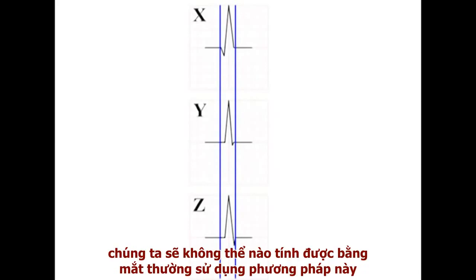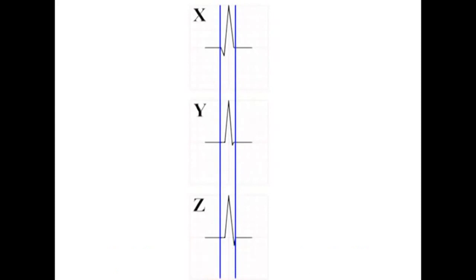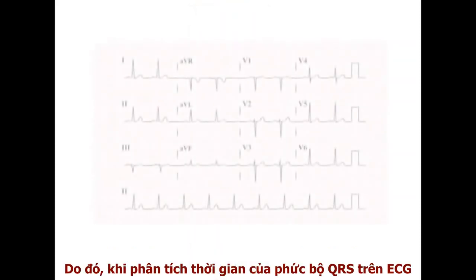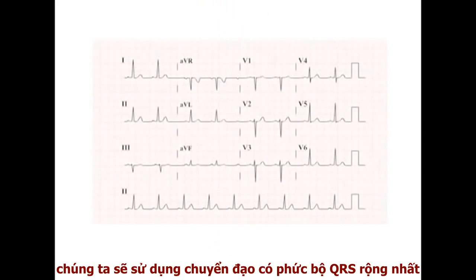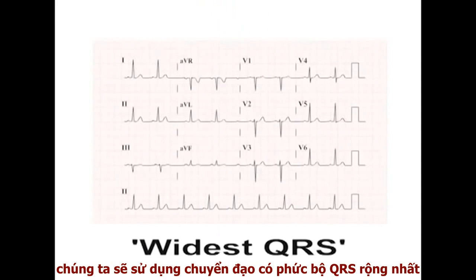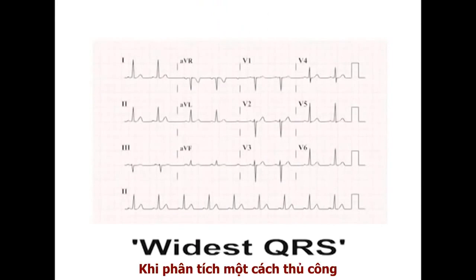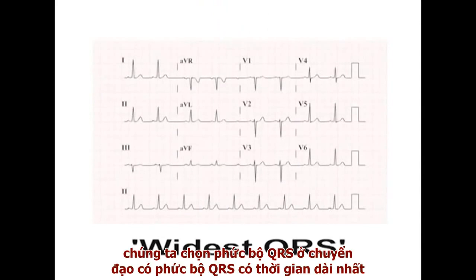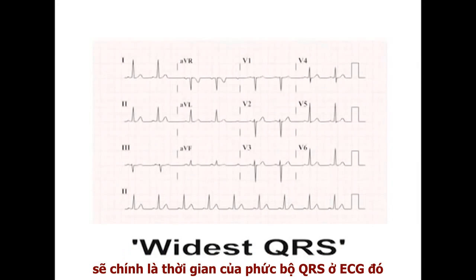Extending this type of analysis to 12 leads is obviously not possible with the human eye. As a compromise, when analysing the QRS duration on an ECG, we choose the lead with the widest QRS duration. When analysed manually, the width of the QRS complexes in the lead with the widest complexes defines the QRS duration